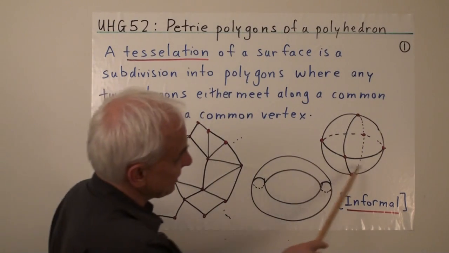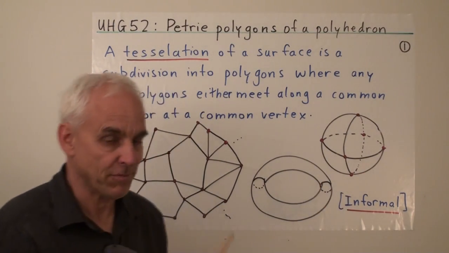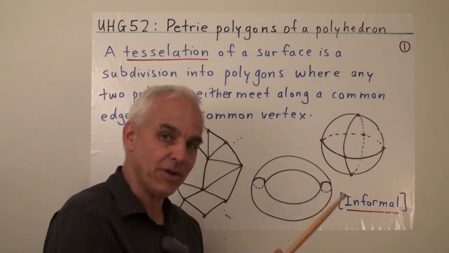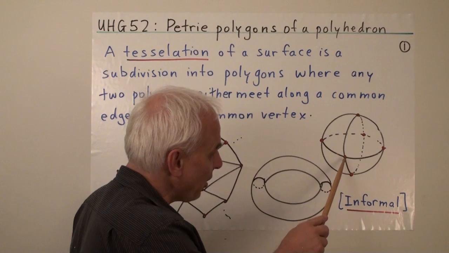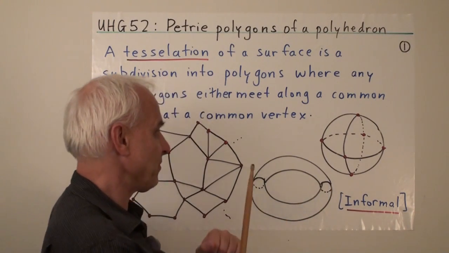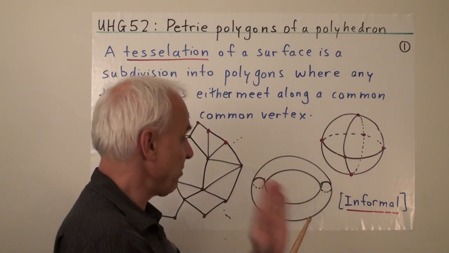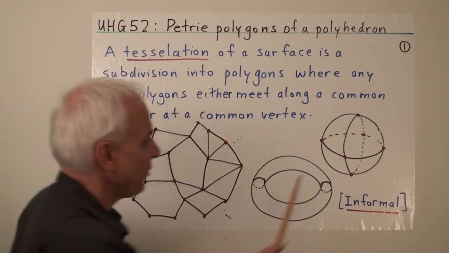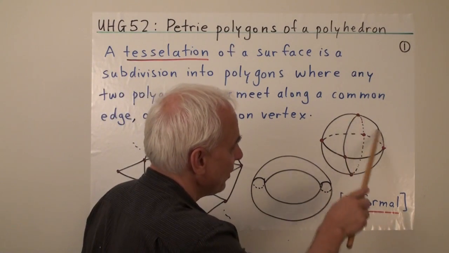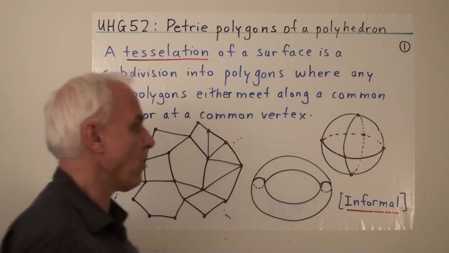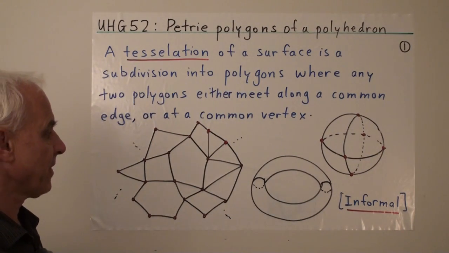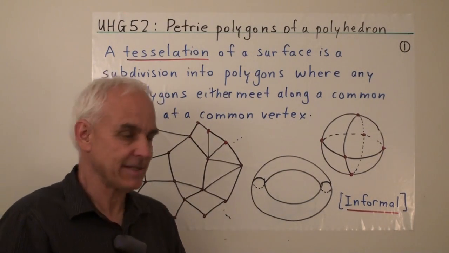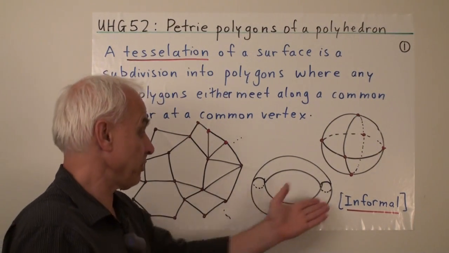And here is a tessellation of the sphere, also a surface. It's actually corresponding to the octahedron. And the pieces here are these eighths of a sphere, obtained by taking three planes and cutting the sphere by those three planes. So for example, here to here to here, that's one of those 8 pieces. And there's nothing to prevent us, in principle, from trying to tessellate a more general surface, for example, something like a donut.